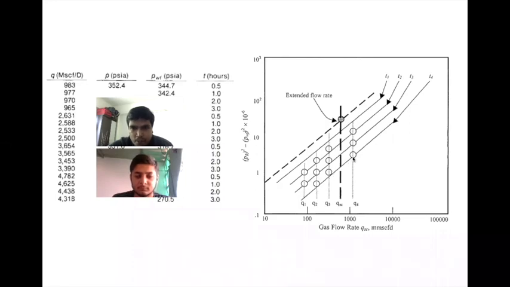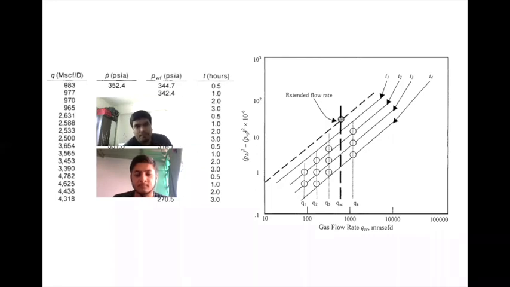So you have different plots. For a given flow rate, you have different pressures for each time. So pressure is changing, it is declining. So for each given flow rate, you have a different flowing pressure. What you have to do is plot this on this graph, and once you plot it, you will get a deliverability curve. Because your pressure has not yet reached the pseudo steady state, whatever pressure you are taking for different times is always transient, until you know that you have certainly reached the pseudo steady state condition. And as I said, this deliverability curve is for pseudo steady state condition, not for transient.